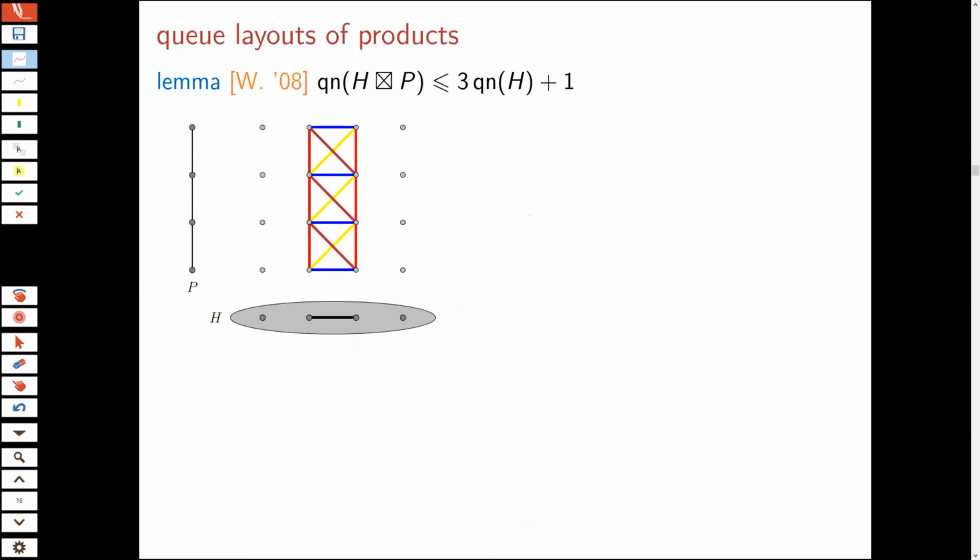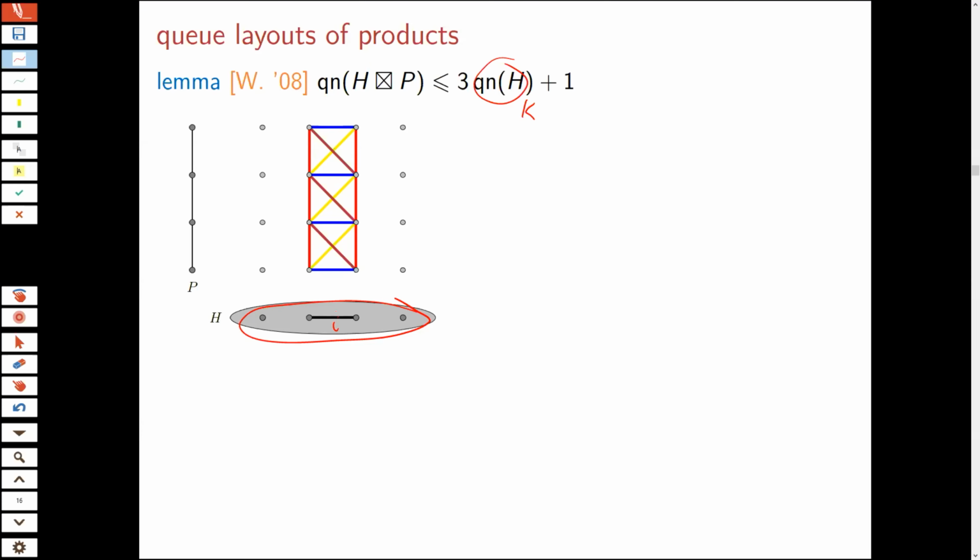So here's the sketch of the proof. Let's imagine that this number here, let's call it K for simplicity. So I've got a graph H, and it's got a K-Q layout. So there's a linear ordering of H and a K edge coloring of H, and no two monochromatic edges are nested. So I take my linear ordering of H, here it is. And take my K-Q layout of H and pick any edge of H, and this is in one of the Qs, say it's in the ith Q.